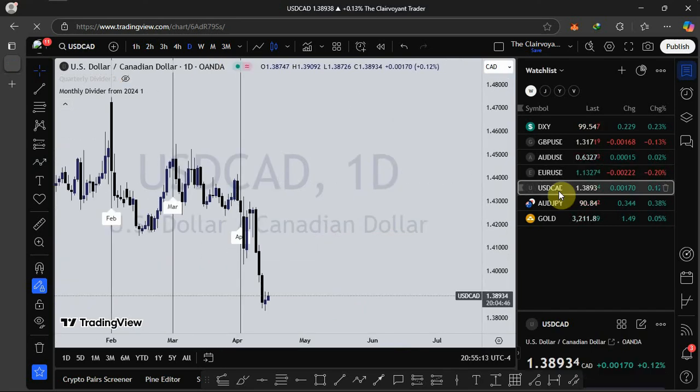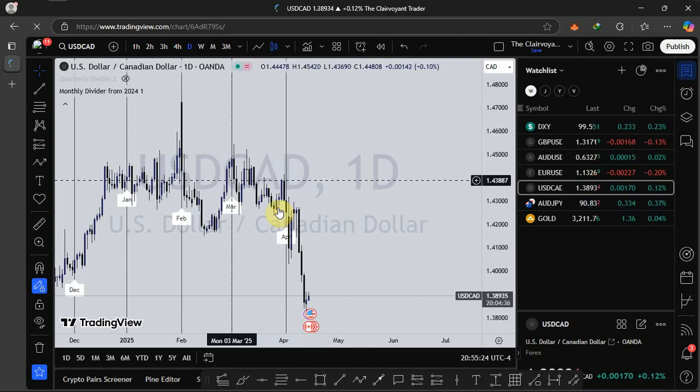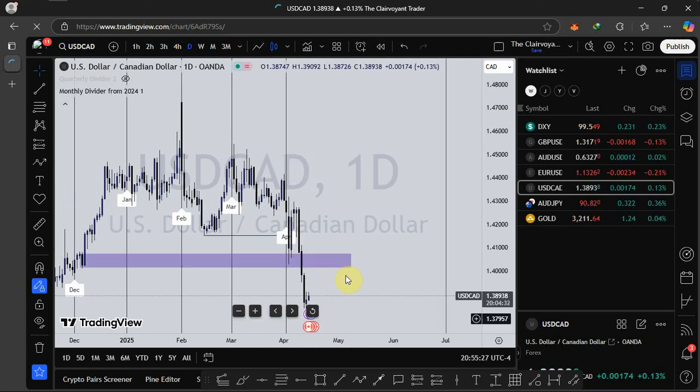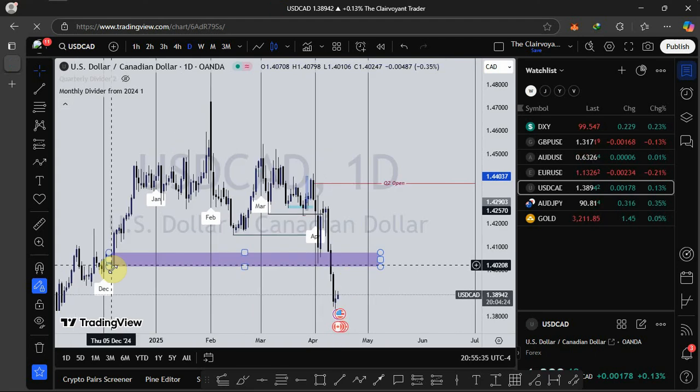Just as I made it clear on the dollar index, USDCAD has the same plan. We had a short consolidation right here, and the next phase was manipulation. So now I want to see a distribution up. But look at what happened here. This is the last down-close candle prior to price pushing to the upside, which makes it a bullish breaker block.